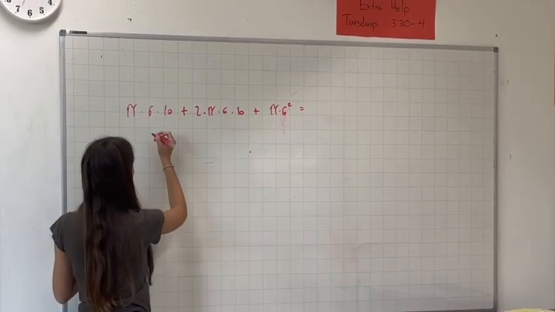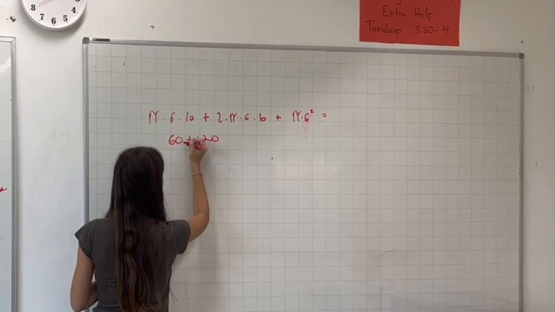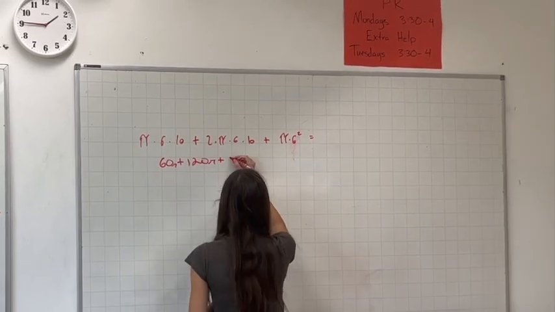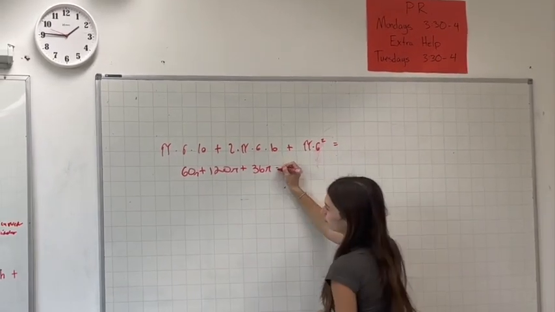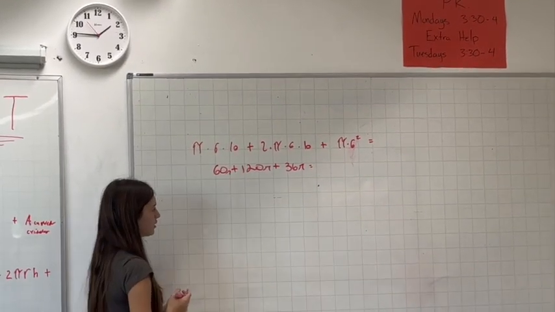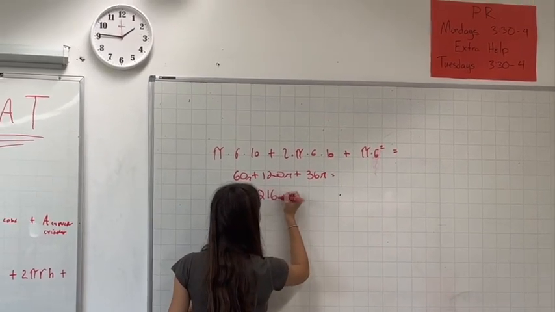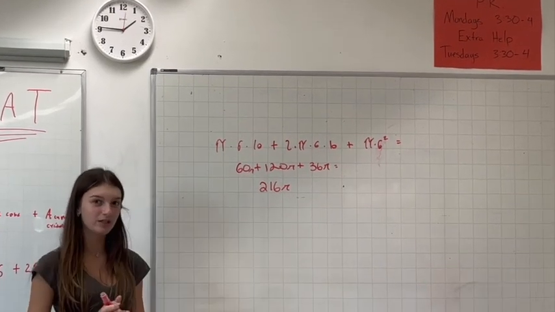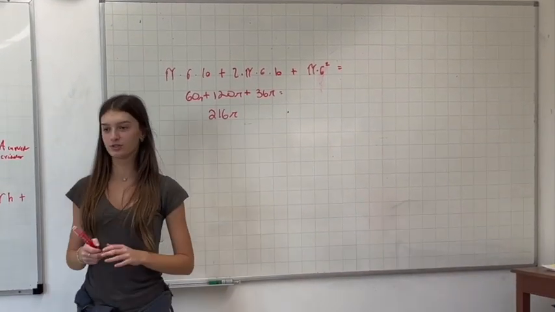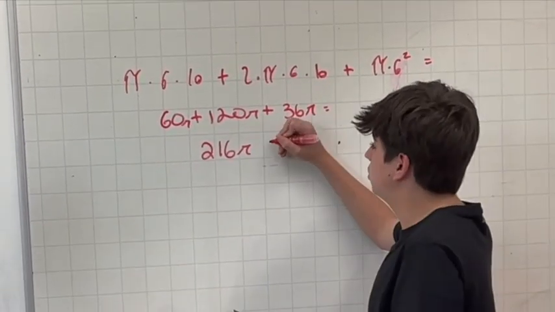So 6 times 10 is 60 pi, plus 2 times 6 times 10 is 120 pi, plus 36 pi. Now we add everything, still leaving the pi: 60 plus 120 is 180, plus 36 is 216 pi. Sometimes you can leave it in terms of pi, or you can round to significant figures. In this specific example we have to leave it in terms of pi, but if you want to round it to 3 significant figures,